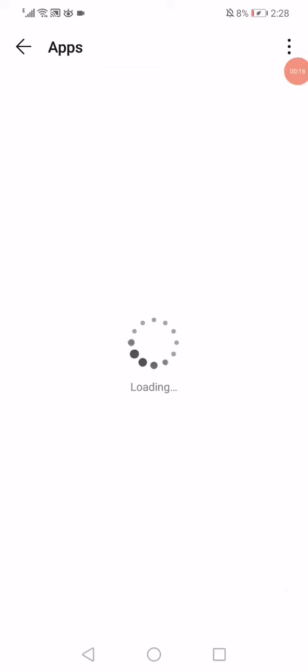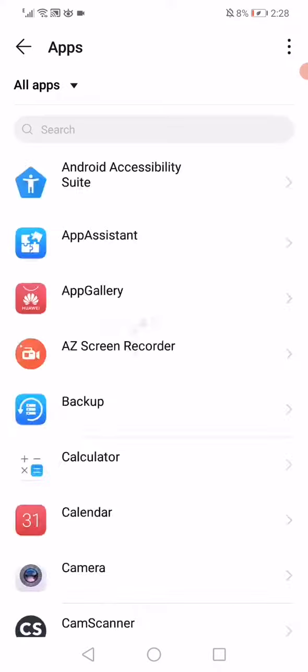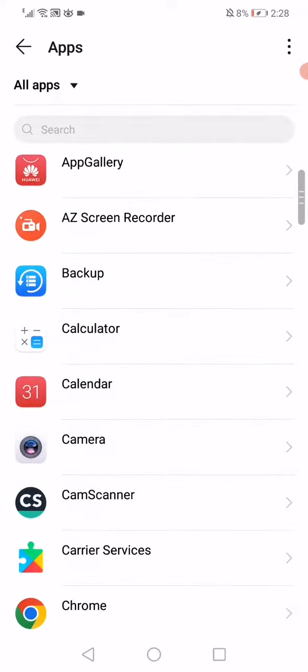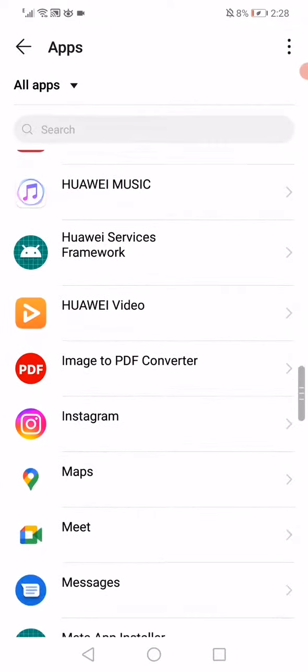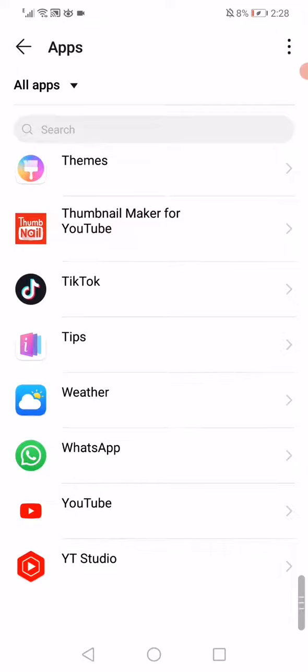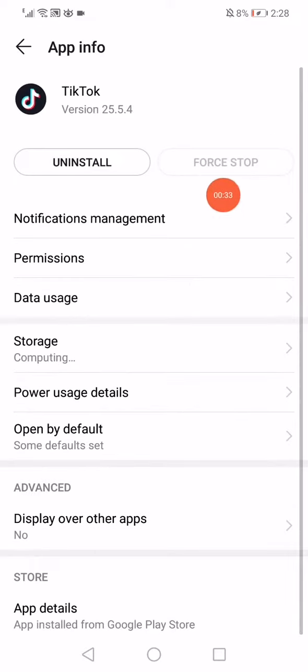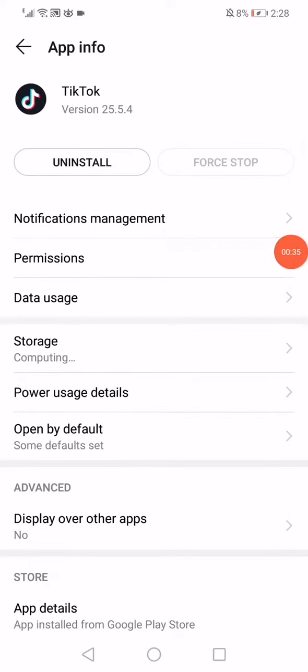And now all you have to do on this page is you will find all the apps that you have on your phone. As you can see, now just scroll down until you find the TikTok app and click on it. And now as you can see, what you have to do here is click on force stop and then